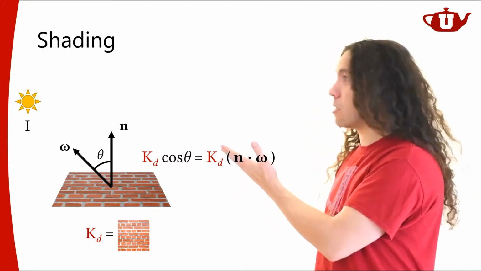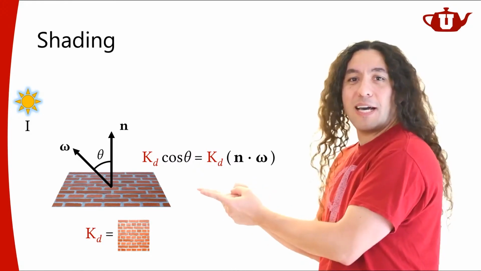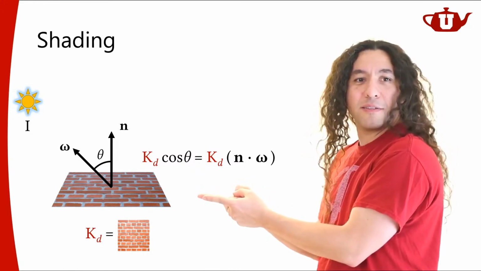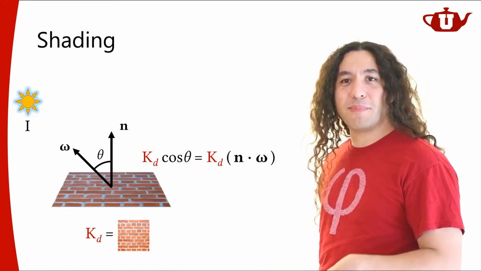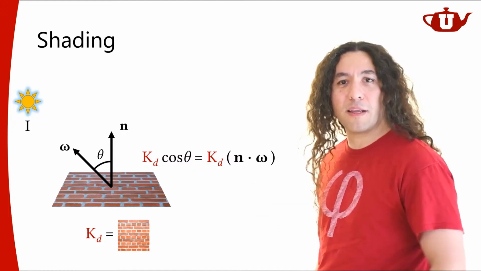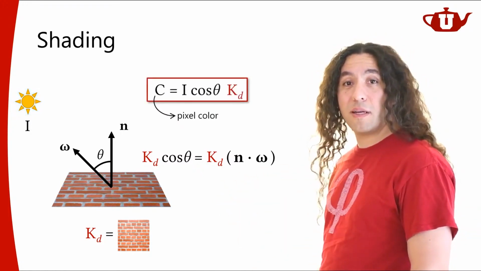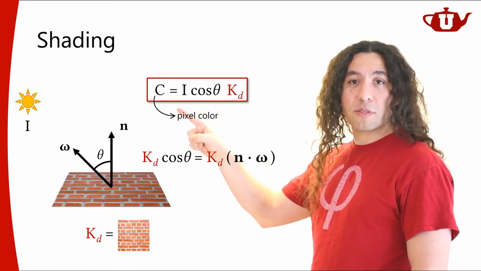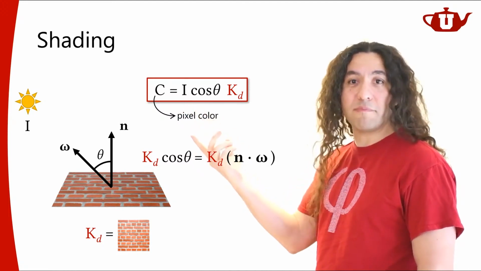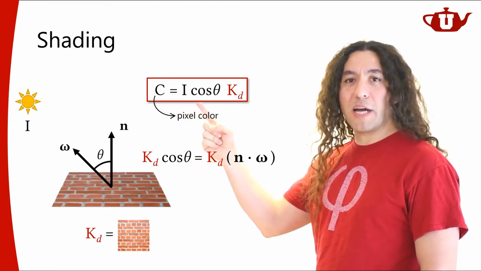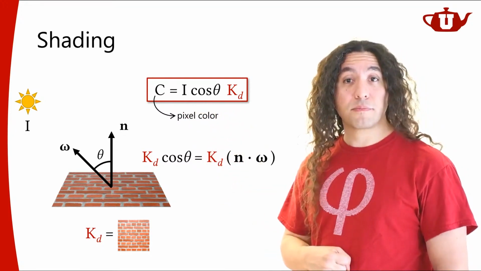Light sources can have colors, right? If this light source is tinted in some way, I'm going to see that tint on the surface as well. I mean, you've all seen this. If you have a colored light source on a material, you're going to see that color on the material. So the color that I'm going to be seeing on the pixel is going to depend on all of these terms: the light intensity, including its color, multiplied by the geometry term, multiplied by my surface color.